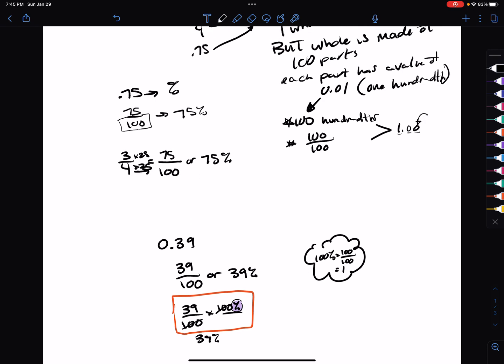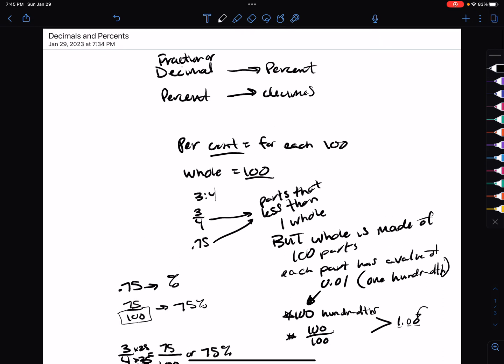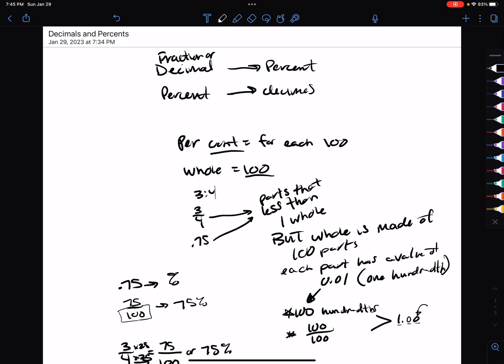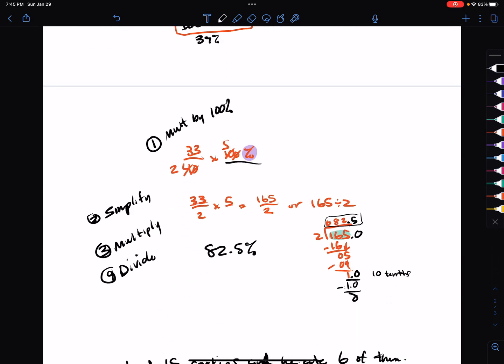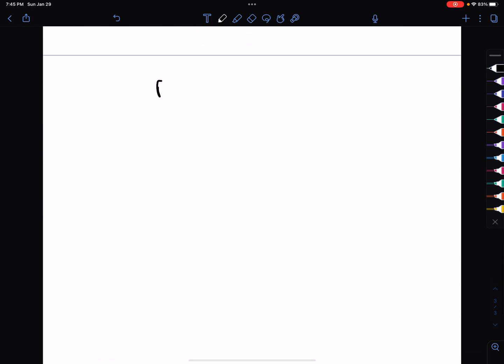But ideally, if you're able to put it into a fraction with a denominator of 10 or 100, or especially 100, then you should be good to go. So that is looking at fractions or decimals into percents. So now if we look at percents into fractions,